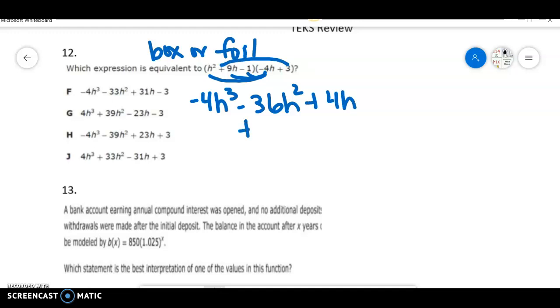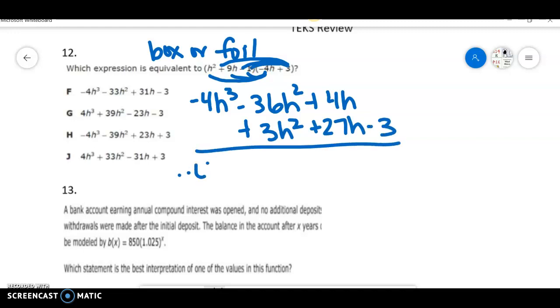So now I have 3h squared. I'm just going to line them up so they're easy to look at. And then I have 3 times 9 is 27h, and then 3 times the negative 1 is negative 3. Now I can collect like terms,